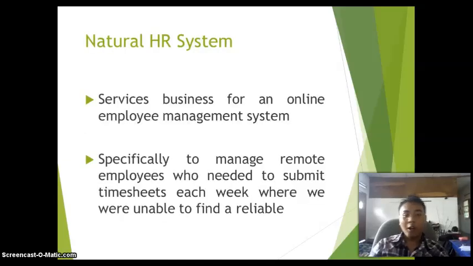What is the Neutral HR system? Neutral HR is a service business for an online employment management system, especially to manage remote employees who need to submit a timesheet each week, where we are unable to find a reliable